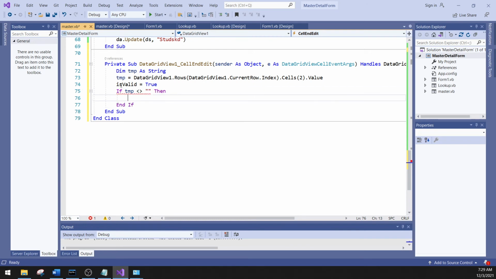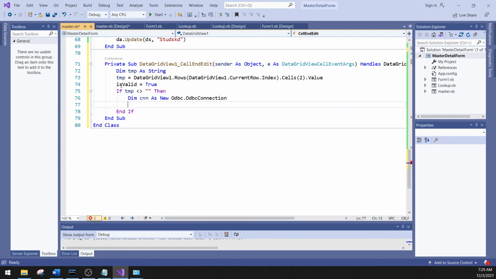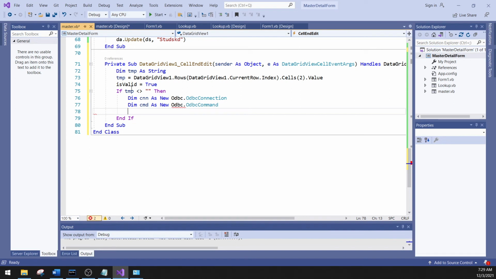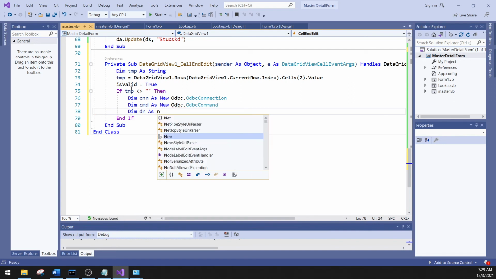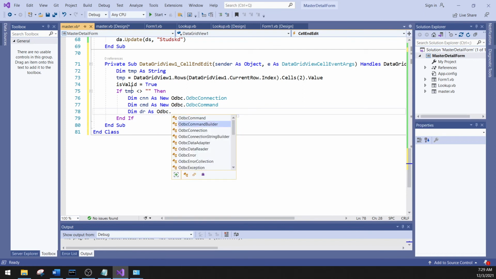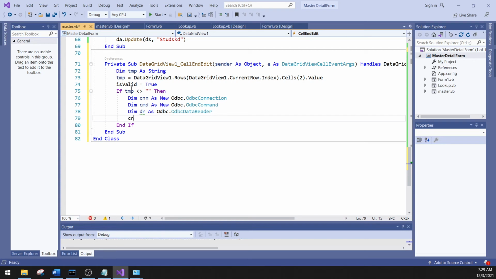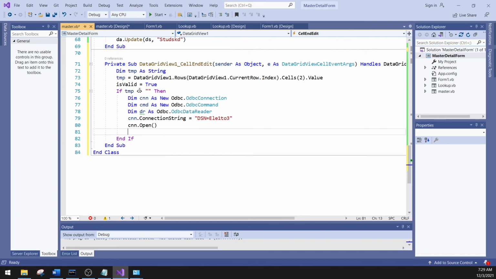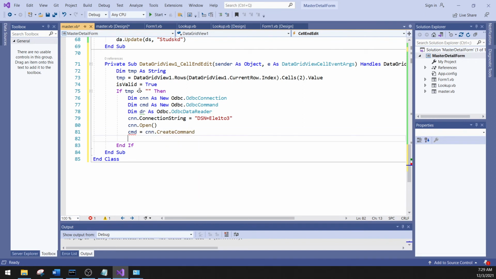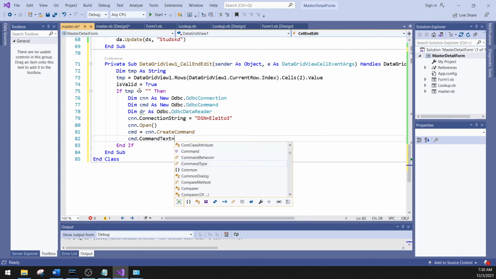none, then I'm going to insert dim cnn as new odbc dot odbc connection, dim cmd as new odbc dot odbc command, dim dr as odbc dot odbc data reader, and then cnn dot connection string dsn equals to l123. cnn dot open, and cmd equals to cnn dot create command. Okay, cmd dot command text is equals to